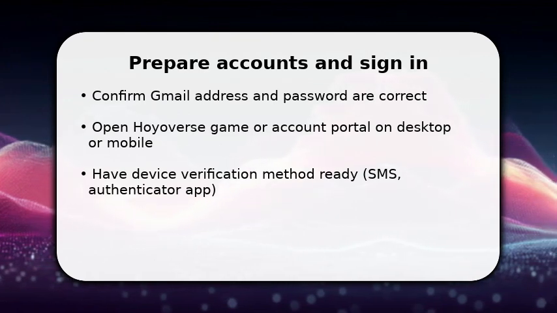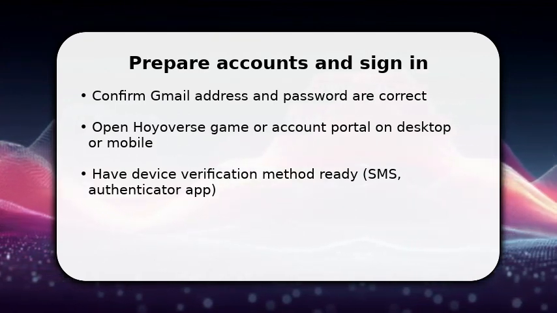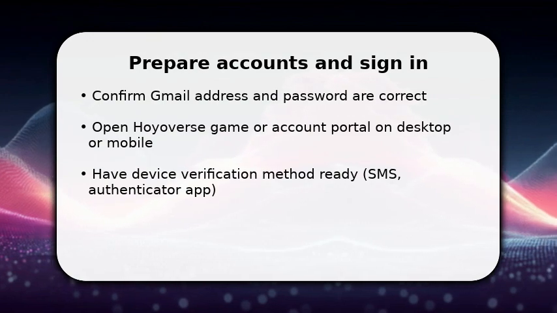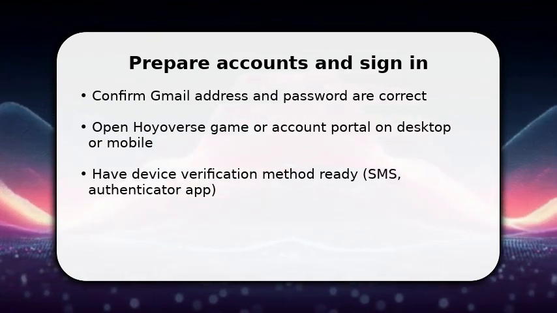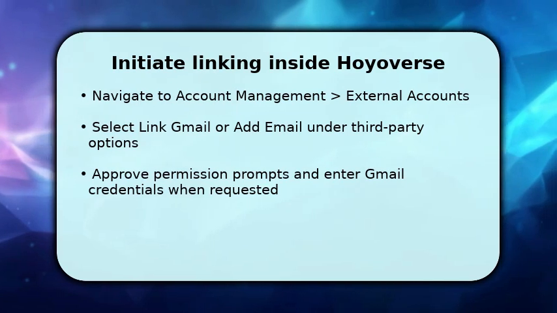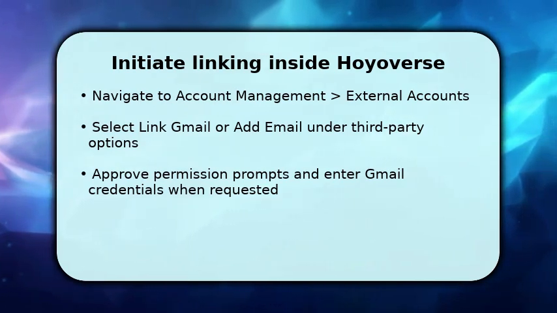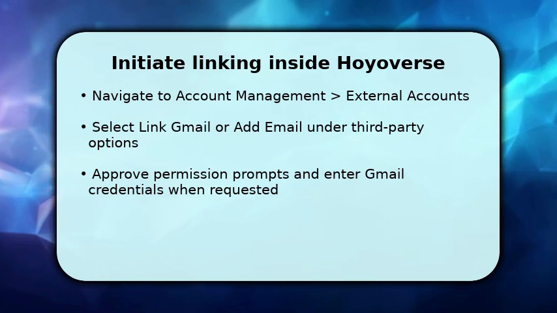If you use an authenticator app, have it open. If you use SMS, ensure your phone can receive messages. Begin the link process from the Hoyoverse account settings now. You now choose the External Accounts or Linked Accounts option inside Hoyoverse, then pick Gmail or Add Email to start